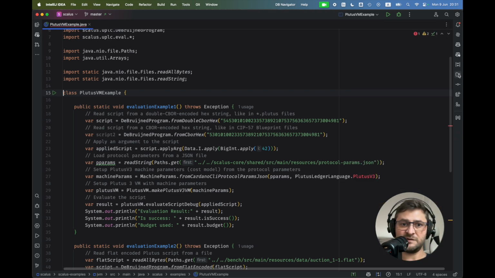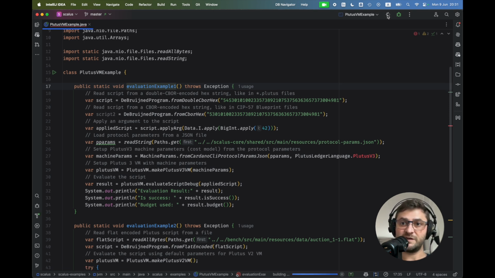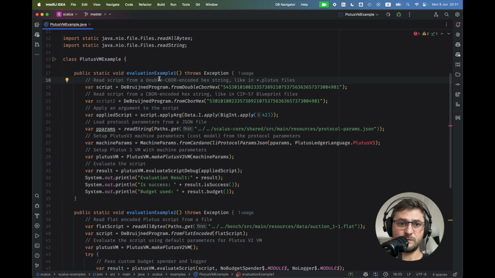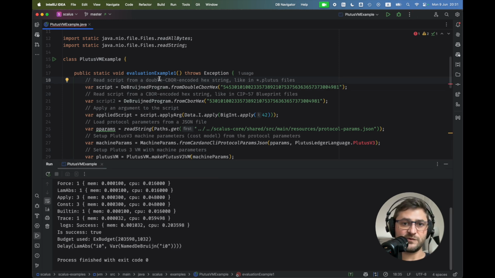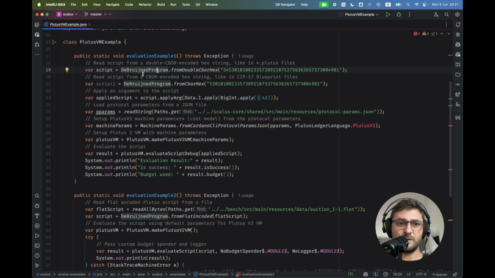It's a Java file and it contains two evaluation examples. If we run it, we'll see it works. So let's go through them. First of all, in the first example, we start by loading a script. It's a very simple script that essentially takes a datum argument and evaluates to a unit. So it always succeeds. We either take it from double CBOR hex, from old Plutus files, or from just